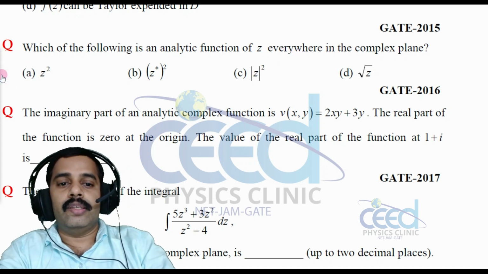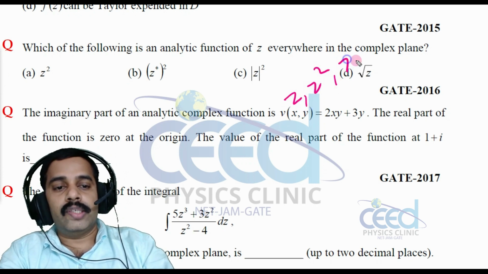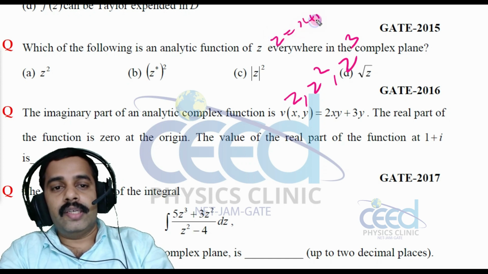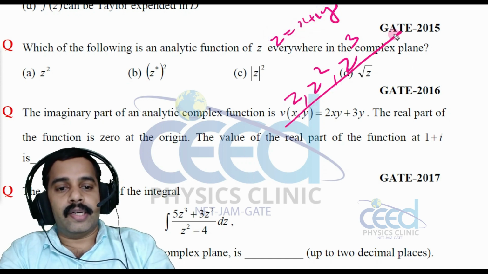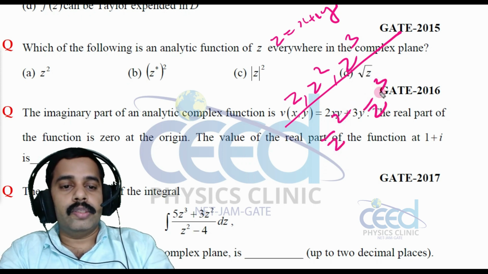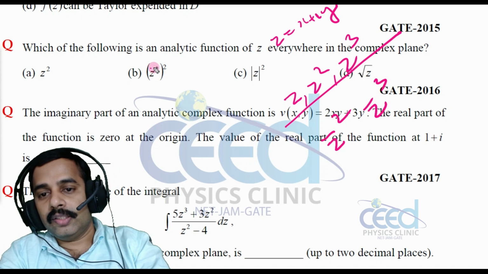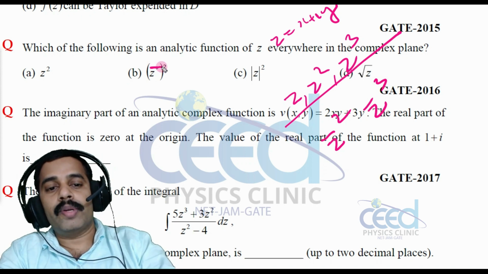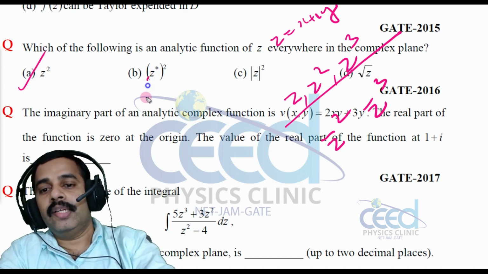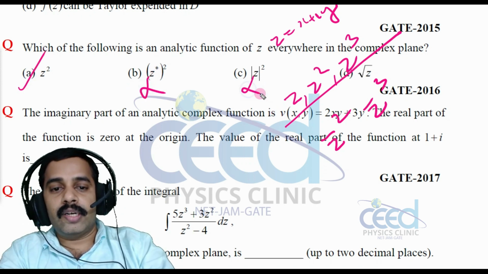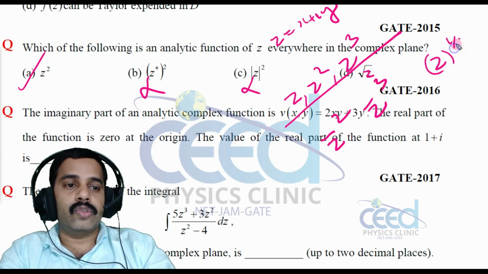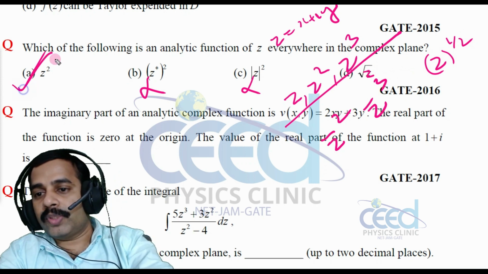This also we have seen, this is z square, z cube, these kinds of functions. If z is x plus iy, then these all are analytic, right? But z bar square, z bar cube, here z star represents the conjugate of this complex number. The conjugate of the complex number is not analytic. This is analytic, this is not analytic, and mod z is also not analytic. And the fraction of this complex function is also not analytic. So the first option is correct.